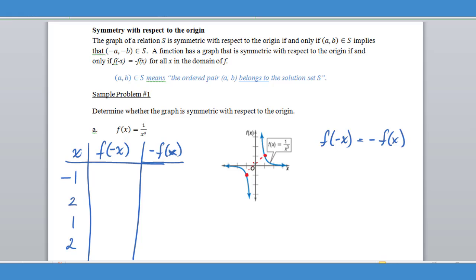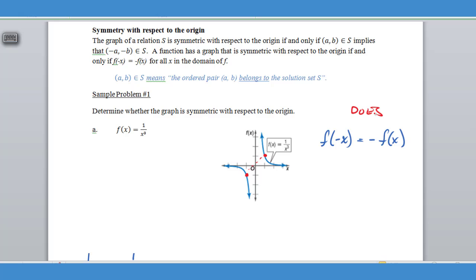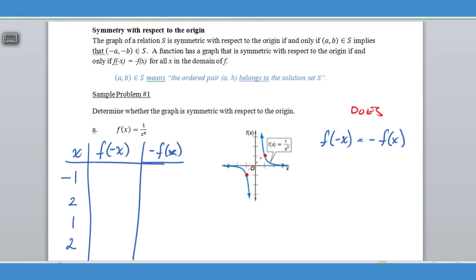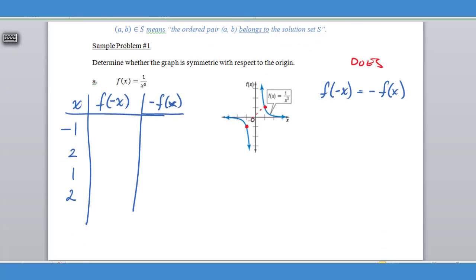But what we really want to do is determine if we have symmetry by mathematics. And so if we can prove that f of negative x equals negative f of x, so if we can simply figure out whether this actually holds, apologize for the technical difficulties, once we can show this, then we know that it's symmetric across the origin. And so basically I've set up a little